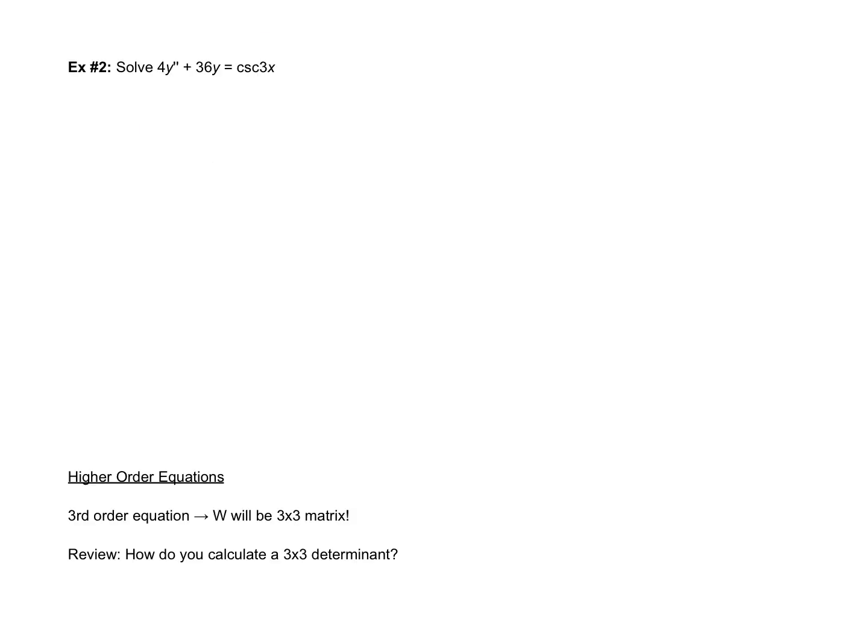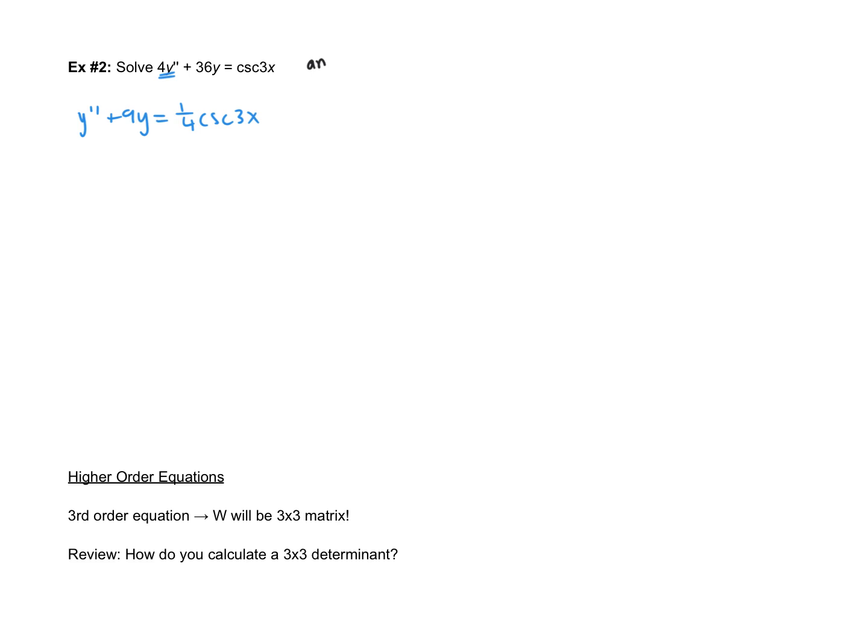Okay, so here is our next example. First thing that I want us to notice is we have a 4 here. So the very first thing I'm going to do is I'm going to divide that 4 out. So I get y double prime add 9y is equal to 1/4 cosecant of 3x. Okay, so we should be asking ourselves,